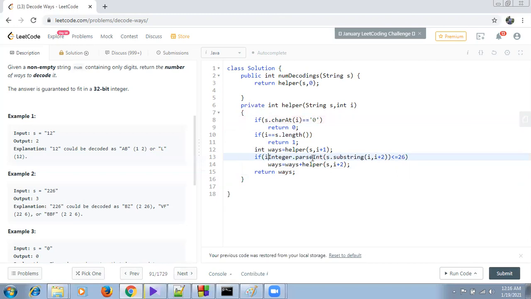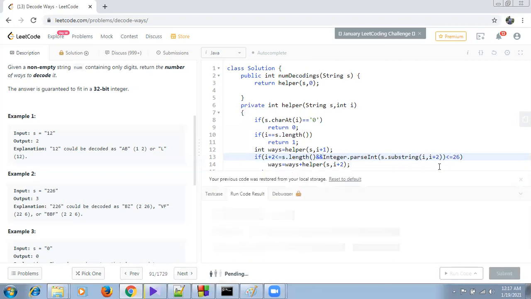So we also have to check whether I plus 2 is under the length of the string. Okay, so we have to check the length as well. If it is within the length, then we will go further. Okay, hopefully it will run.